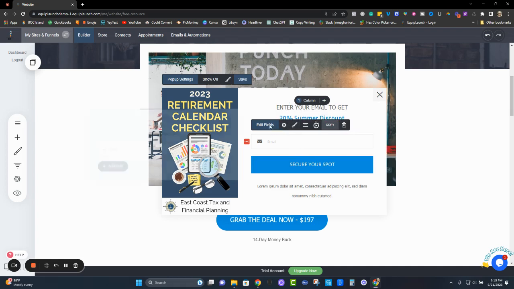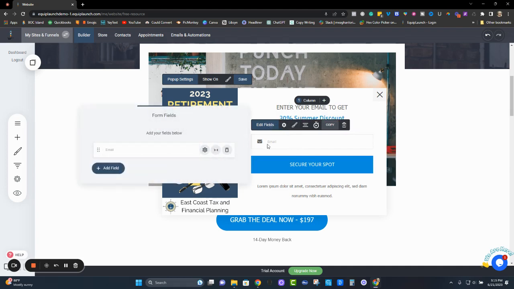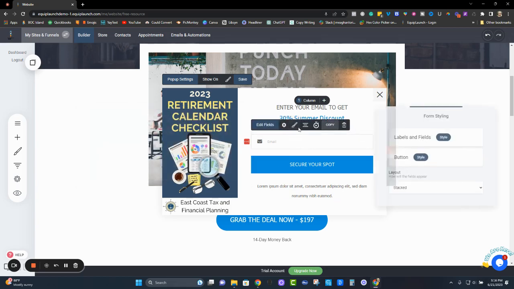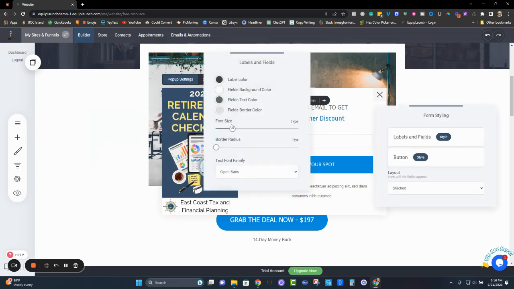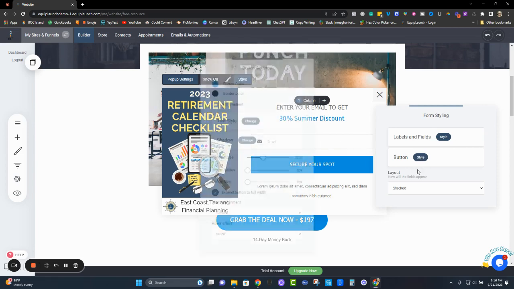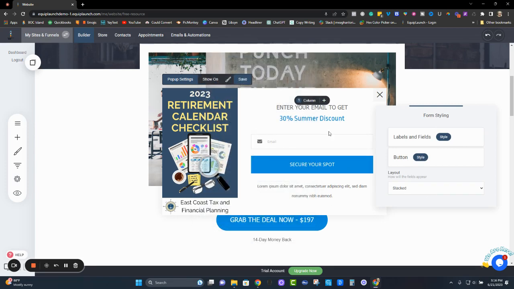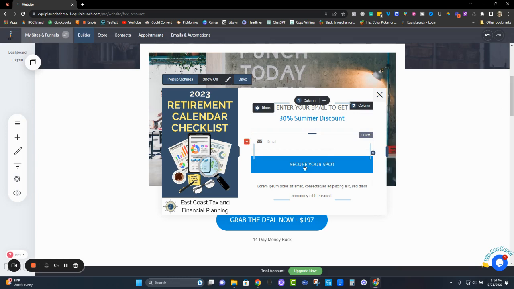So you can change your fields here. So you can add a field. And like I said, I just want to show you where the pop-ups are in this lesson. We'll get into the nitty-gritty of all this stuff in future lessons. But you can play around with some of this. You can go into the styling, so labels and fields, what you want the labels and fields to be, the button style, whether you want it stacked next to each other. But when you're all finished with that,